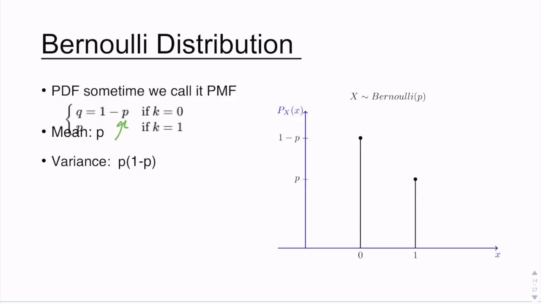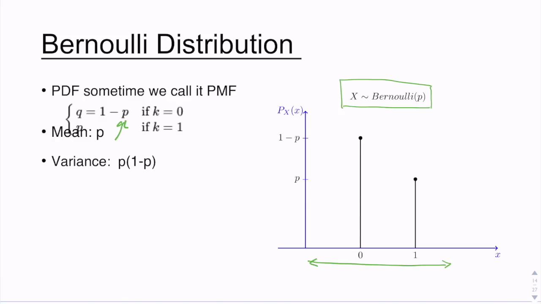And this is a discrete distribution. Normal distributions are continuous distributions because the random variable is continuous. But the Bernoulli distribution is a discrete distribution because the input, or random variable, is a discrete random variable. So as you see, here is the probability distribution for the Bernoulli distribution. We usually use this notation for the Bernoulli distribution. So X follows a Bernoulli